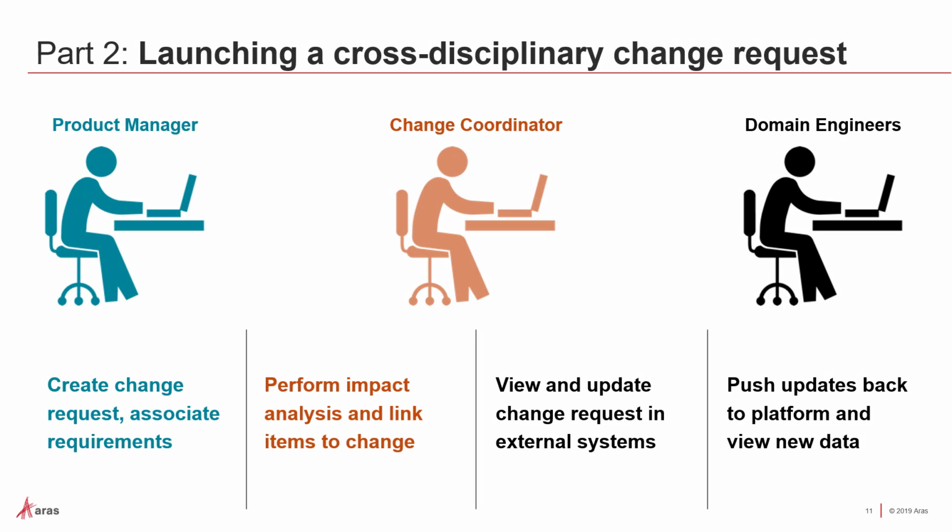The second half of this demo will show how these critical relationships governed by the system model enable a cross-disciplinary change process. First, the product manager creates a master change request governed by a CM2 process that includes a change coordinator. The PM will begin by associating requirements to the change